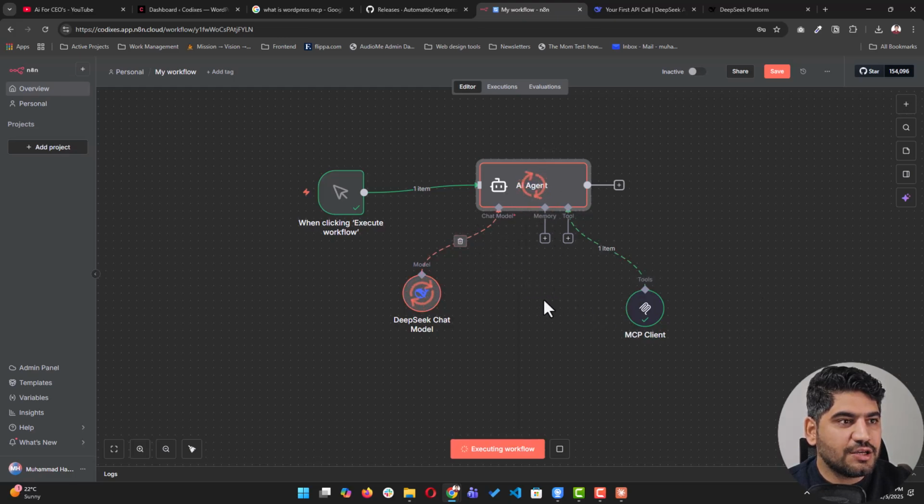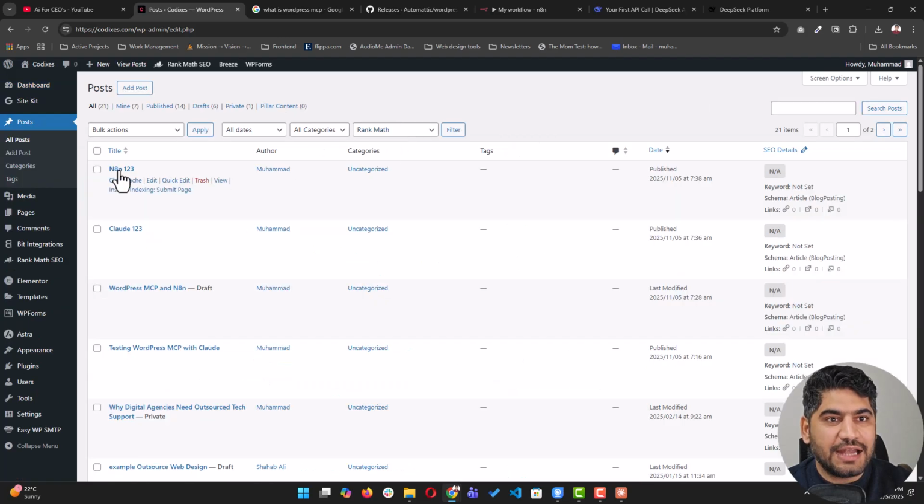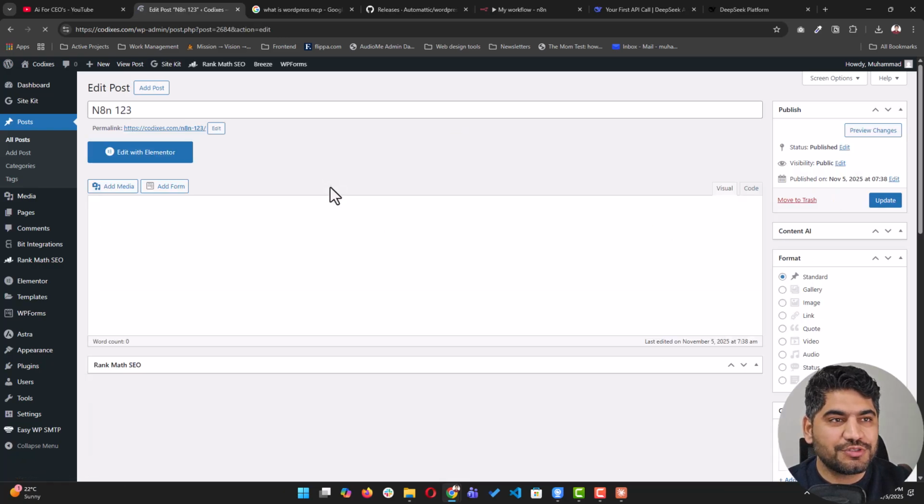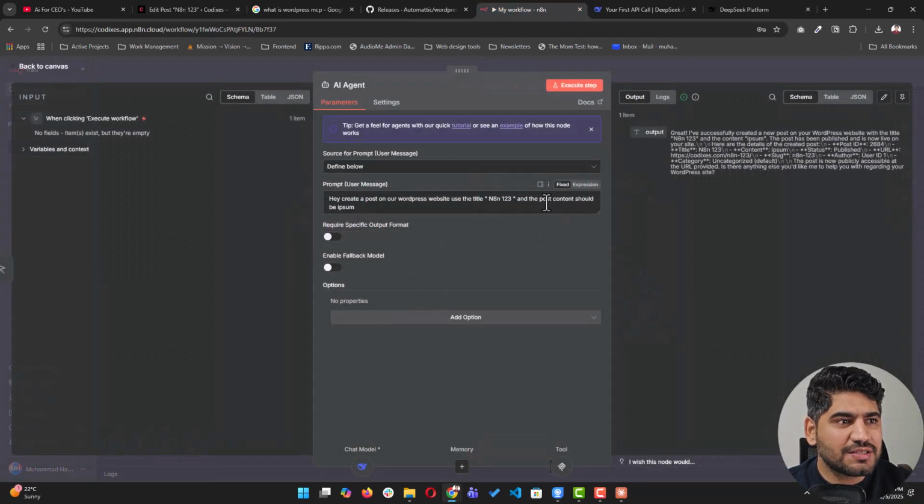As you can see, the workflow is in process, and now, okay, workflow executed successfully. If I go back to our WordPress website, click on all posts, here you can see we have a new post from n8n. It says n8n 123, which is what we asked for, and we asked for ipsum. Basically, the command was not